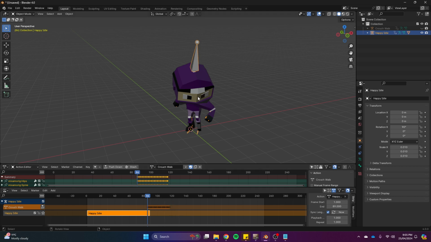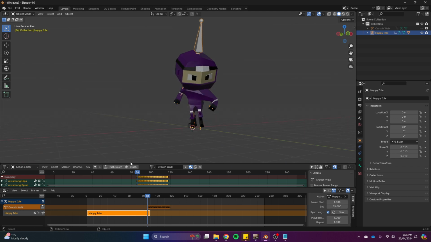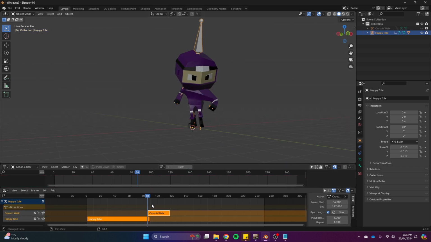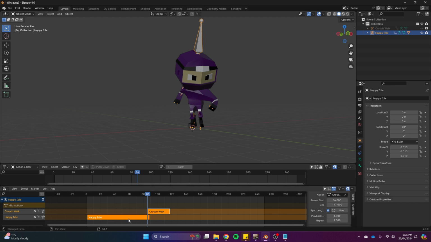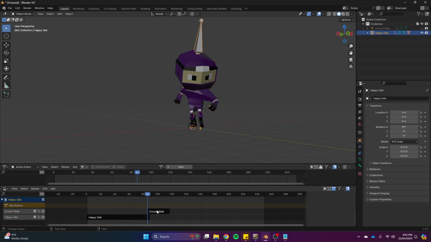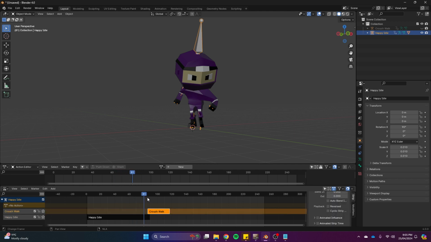Because we moved them over. All right, so I'm going to push them down. Now I have both my happy idle and my crouch walk selected because they're both orange, right? So I'm just going to deselect. I can click on my crouch walk. So the crouch walk is the only one that's active now, and that will automatically disable itself if you add